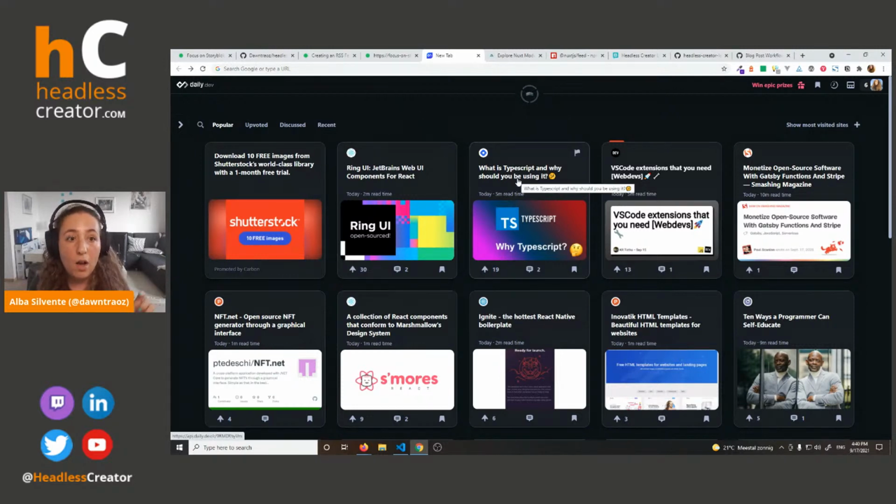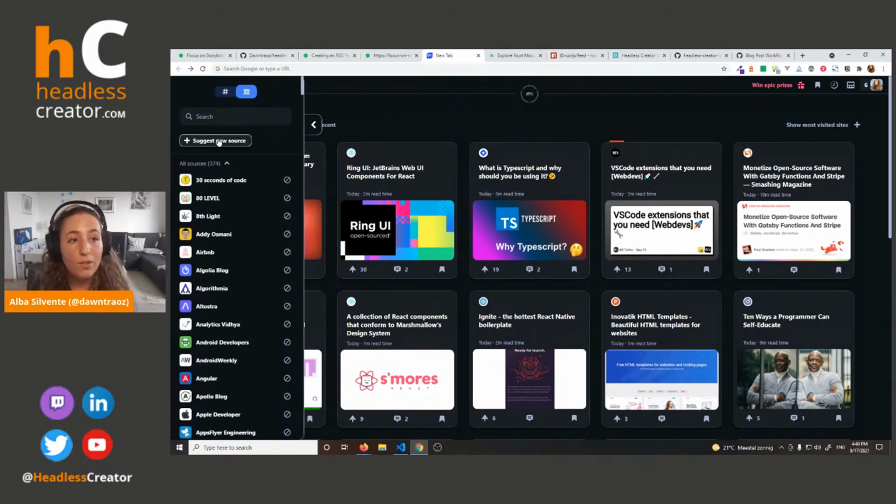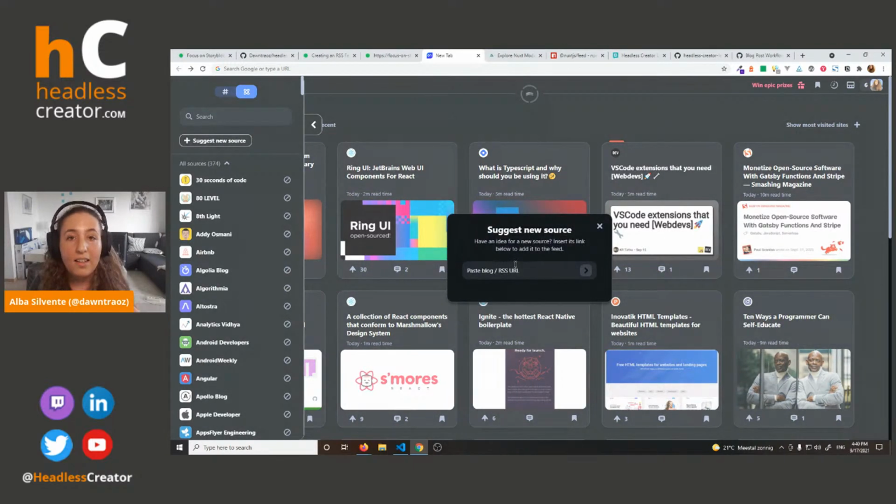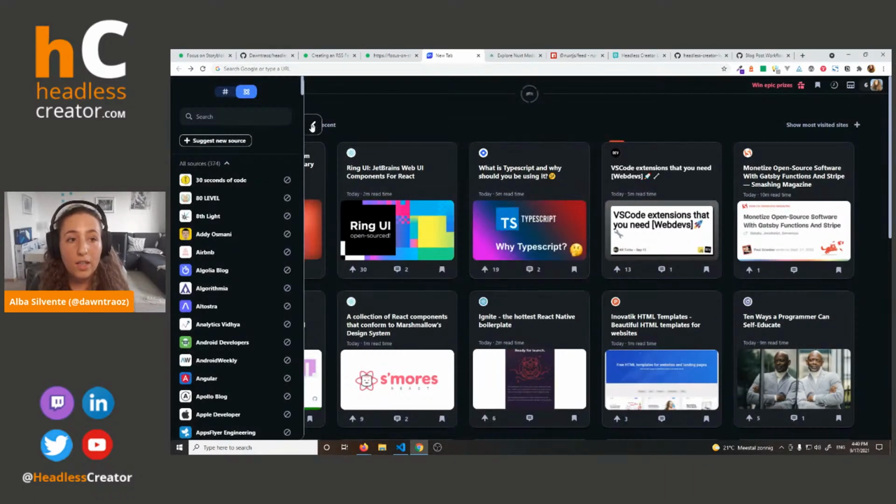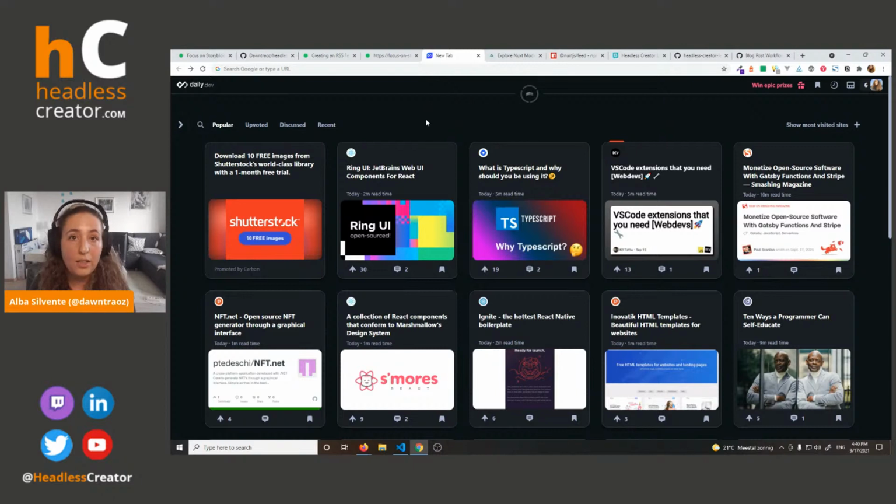So every time they push an article, the feed XML is updated, so they can just show the article itself here. And for example, they have a suggest new source button. When you click it, you can just add the feed URL here and send it. And if they approve it, the articles that you update to your website, or the website that you recommend, will appear here. So it's quite nice because you can